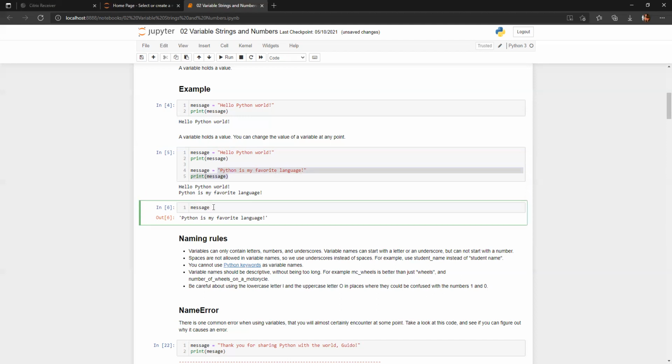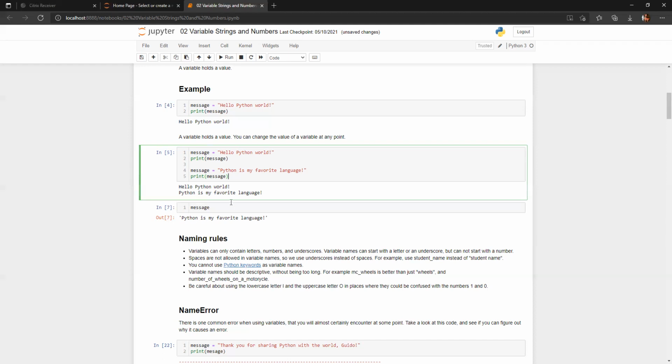Now when I print this message, only Python is my favorite language is printed. Why? Because the last value you save is the only one considered. Any doubts till now?